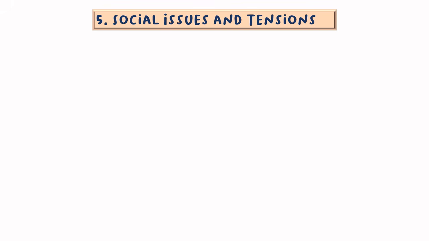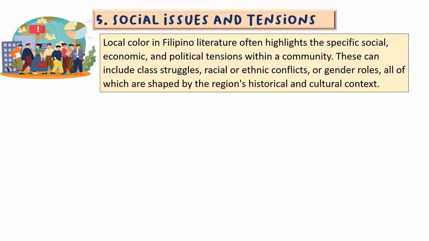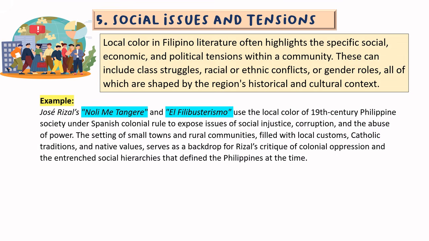Number 5. Social issues and tensions. Local color in Filipino literature often highlights the specific social, economic, and political tensions within a community. These can include class struggles, racial or ethnic conflicts, or gender roles, all of which are shaped by the region's historical and cultural context. Example: Jose Rizal's Noli Me Tangere and El Filibusterismo use the local color of 19th century